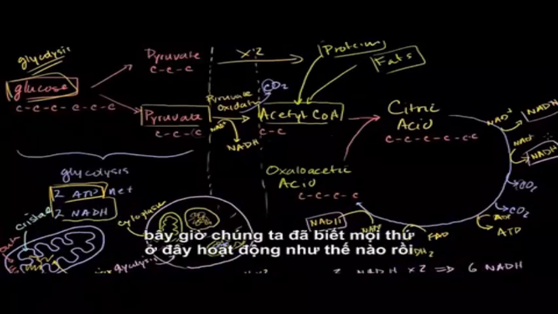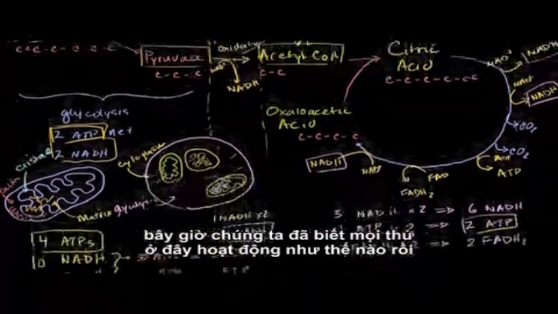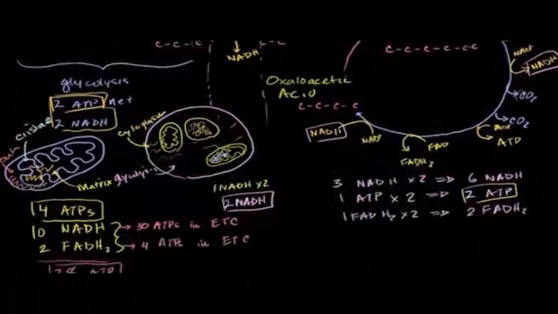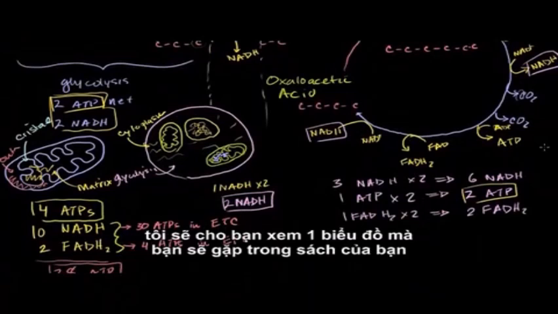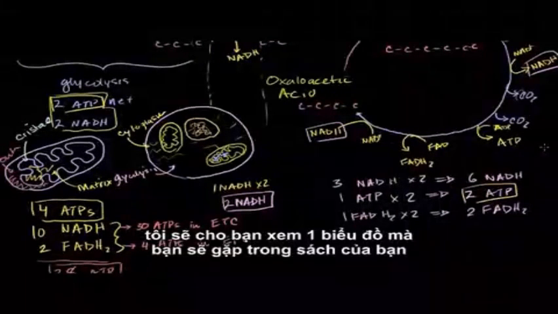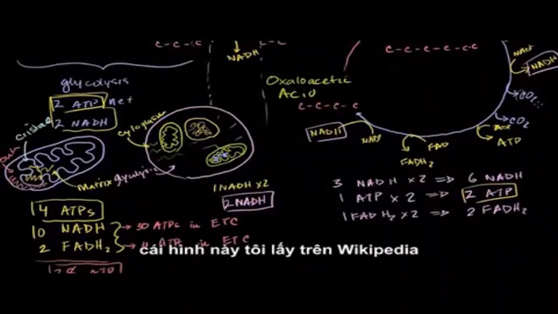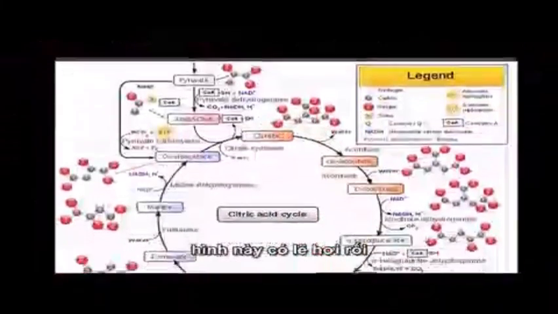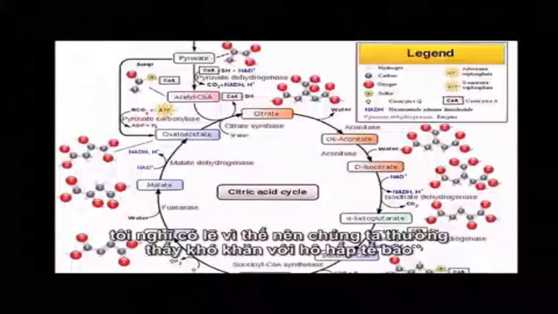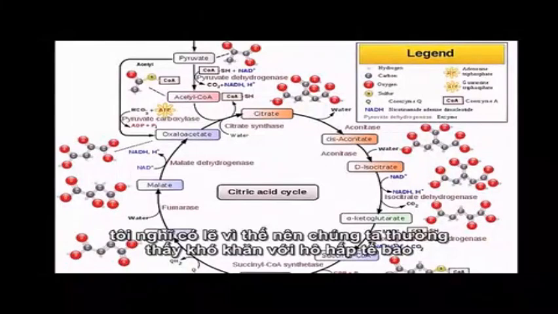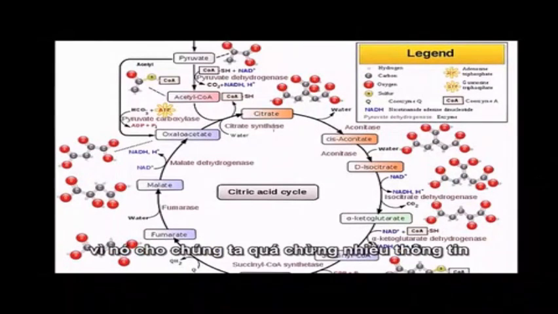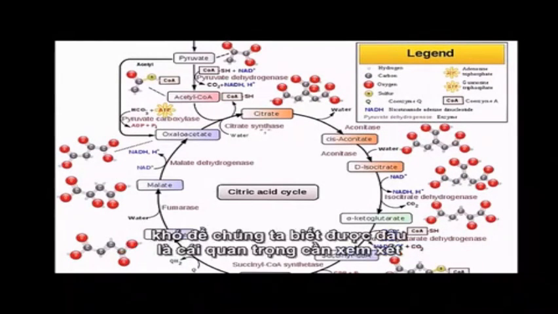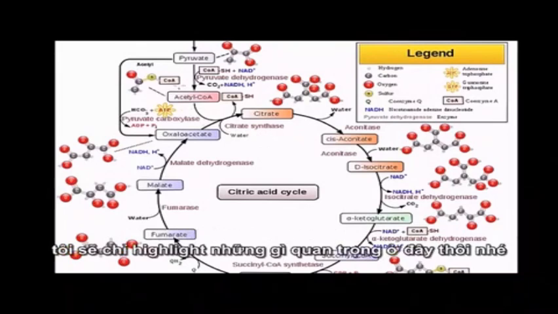Now, we have a good sense of how everything works out right now, I think. Now I'm going to show you a diagram that you might see in your biology textbook, or actually I'll show you the actual diagram from Wikipedia. And I just want to show you this looks very daunting and very confusing, and I think that's why many of us have trouble with cellular respiration initially, because there's just so much information. It's hard to process what's important. But I want to just highlight the important steps here,